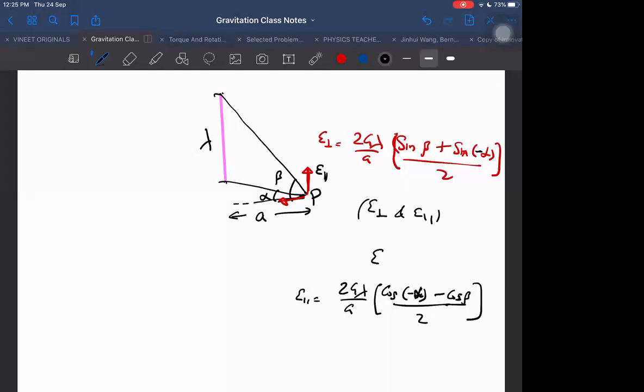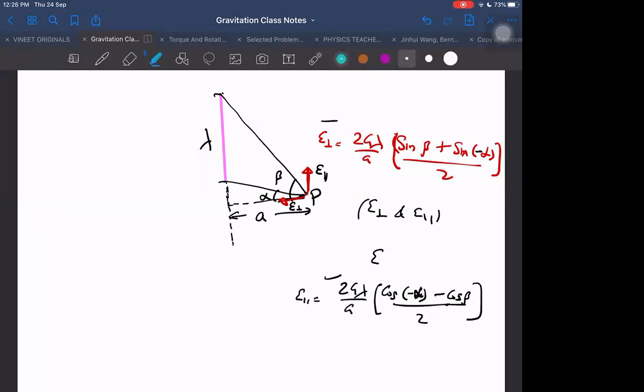Why do we remember it this way? Because I know already that E parallel will be towards the larger mass, and E perpendicular will be perpendicular, obviously. Even if it is not pointing towards the mass, it is pointing somewhere else, but it will be on the line extending the rod. If I extend the line of the rod, then E perpendicular will be perpendicular to that. It will be in that direction, right? Okay. So this is E parallel, this is E perpendicular. Did you get that only?